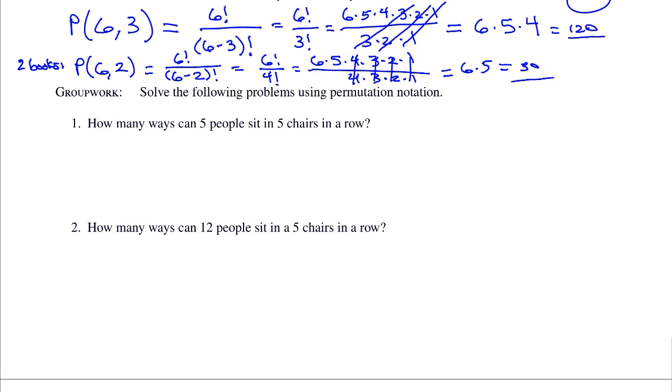No, n is the number that you're picking from, and 3 is the number that you would take off the R. But you don't put the n in the R when you write the notation. The n is the number, the R is the number, the p is the notation. Yeah. Does everyone understand that the p is the permutation symbol? The n and the R are numbers. So you don't write a number, then NPR, and then